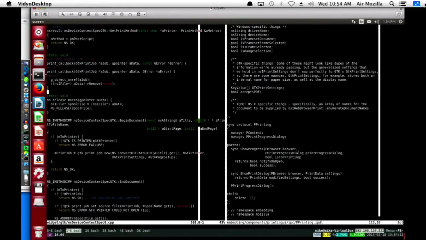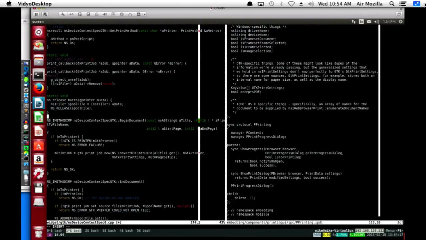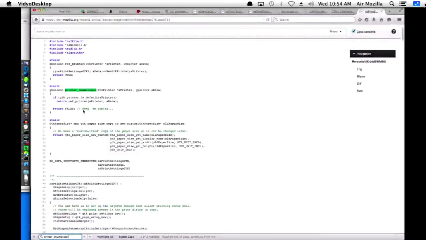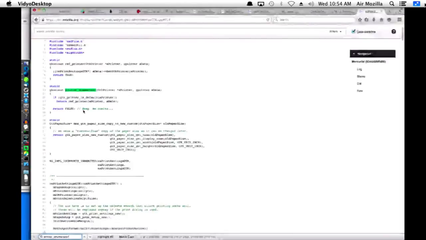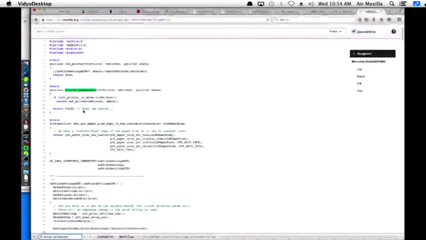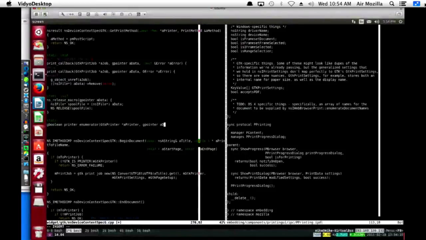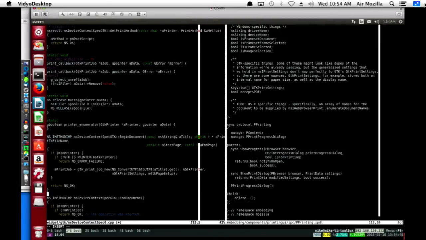Let's add a new method or a new function. This is a static. Oh boy, a static function that returns a boolean. And we'll call it printer enumerator. I think that's a great name. And it takes a GTK printer and a gpointer for some data. Okay, so what we're gonna do...